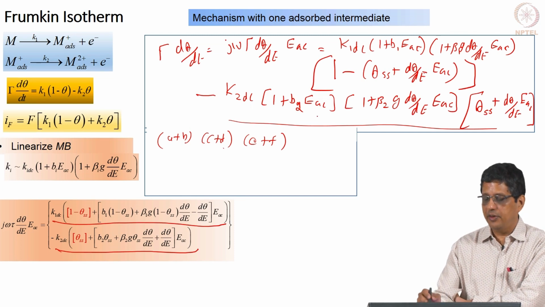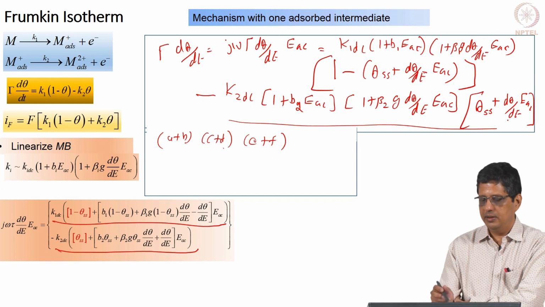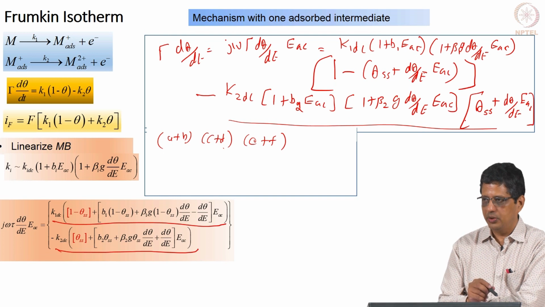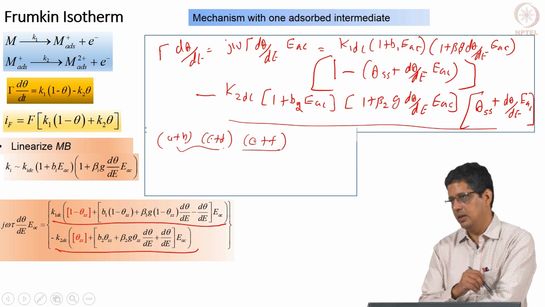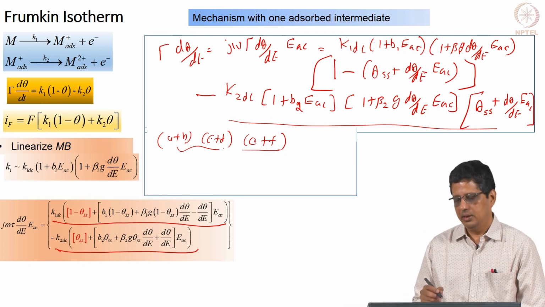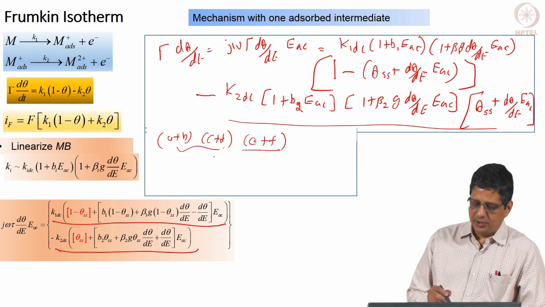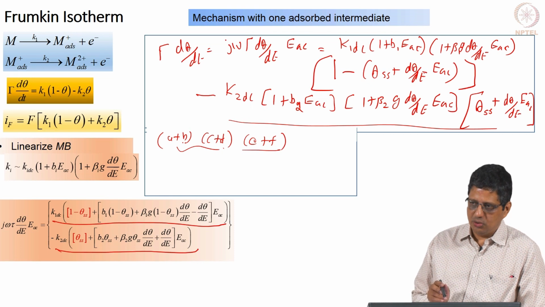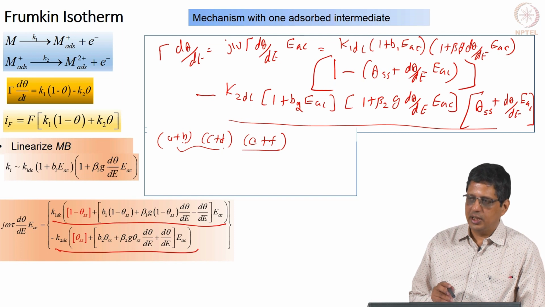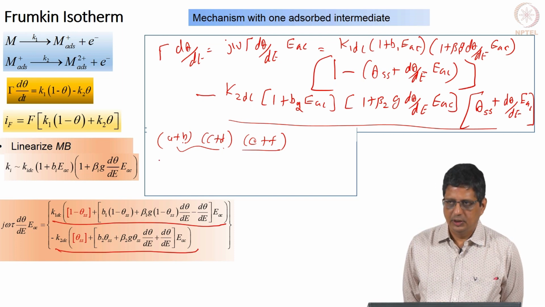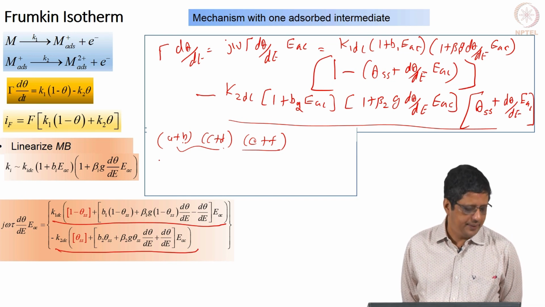This B, D and F are linear functions of EAC. The first number is a constant, theta SS or 1 or 1. So, you are going to have 4 terms when you multiply two, and 8 terms when you multiply all the 3 terms there. Out of the 8 terms, you will get a constant, you will get EAC, EAC square, EAC cube. Neglect or throw away the EAC square and EAC cube terms. Is it okay? Anybody able to get it?